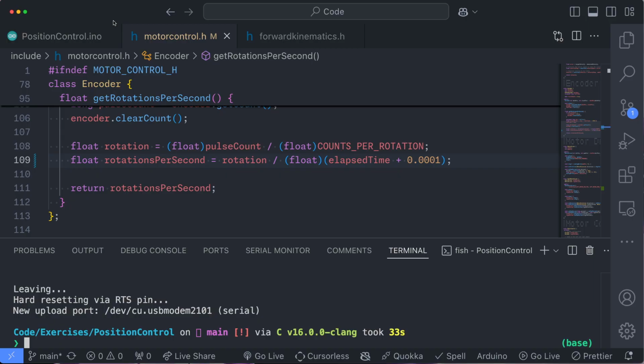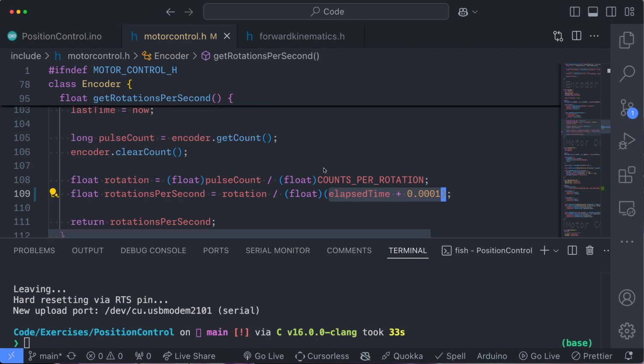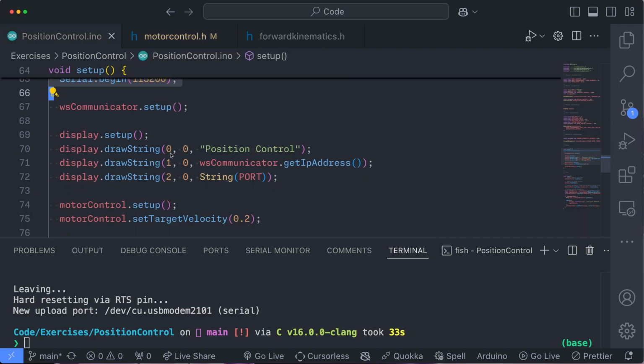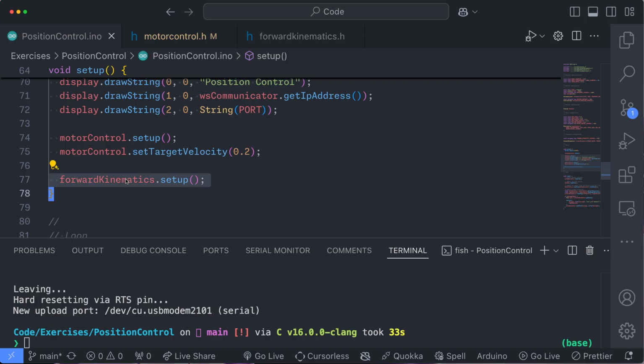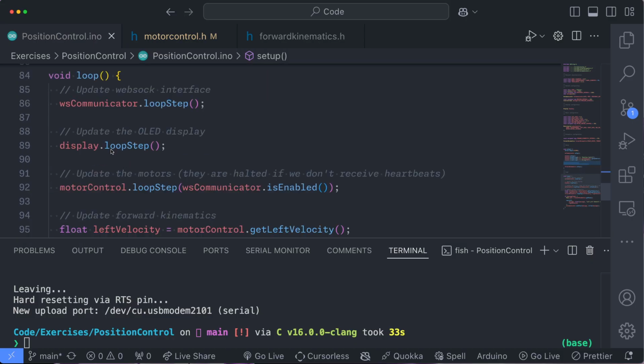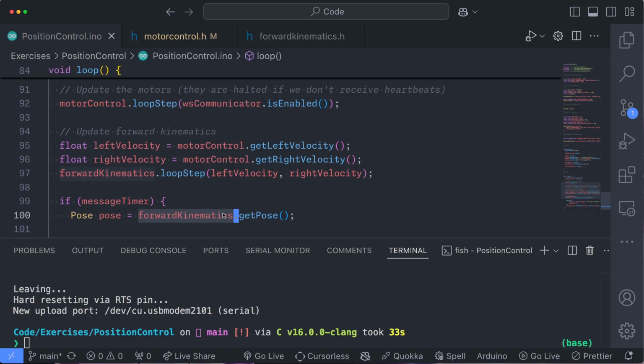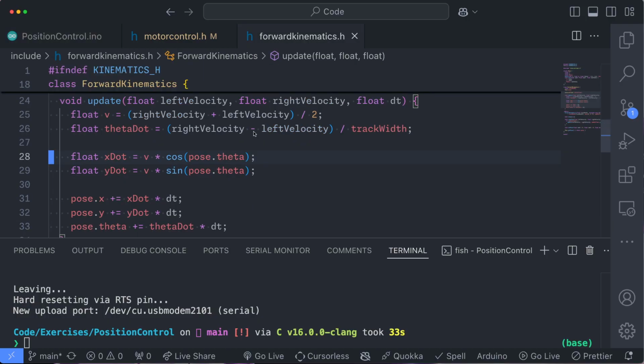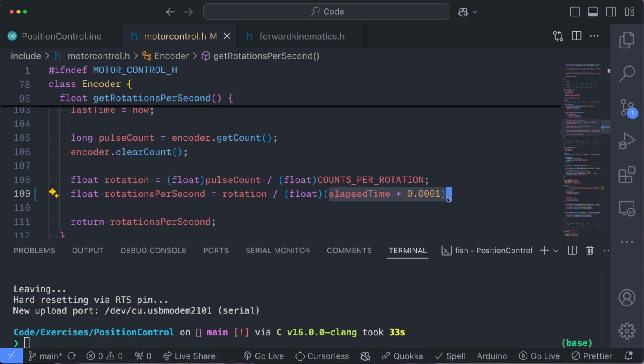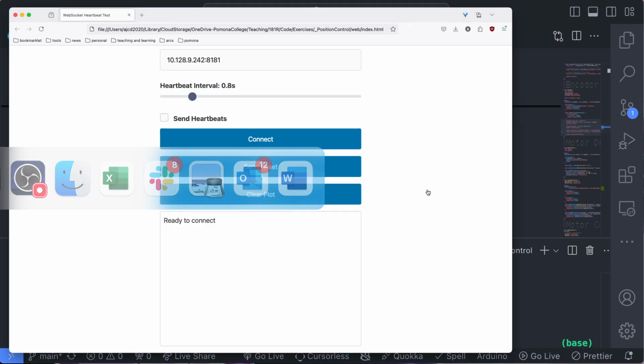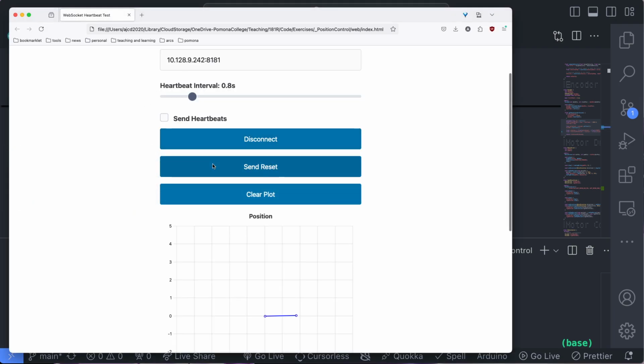And after a bit of digging, I tracked down the error to a divide by zero here that wasn't biting me in other places. Essentially, I think the code is just reordered a little bit here such that we call motor setup and then quickly enough call kinematics.step such that a full millisecond hadn't passed. And so we were getting a divide by zero here. So I added just a small little threshold here to make sure that we were never dividing by zero. There's always some small number there that we're dividing by. And with that change, this website now works. So if I connect,